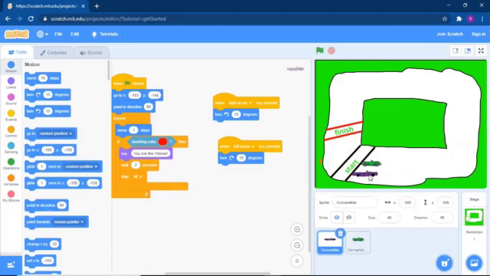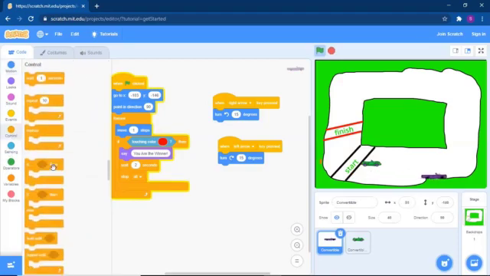Now in between, if it touches the green color, what will happen? If it touches the green color, it will stop. That particular car will stop. Okay, so I have to do that again. I will go to the control block. If, again, it is for the forever block. Okay, so I have to go in place of the forever block. The same line I need. It is in the forever block.